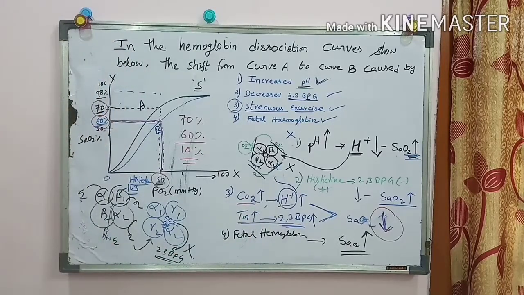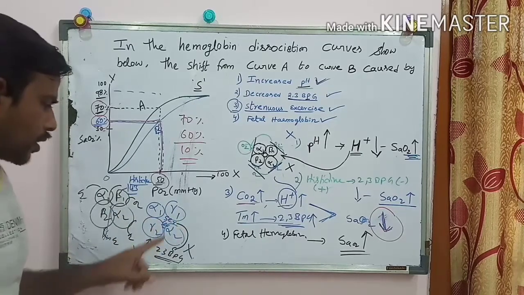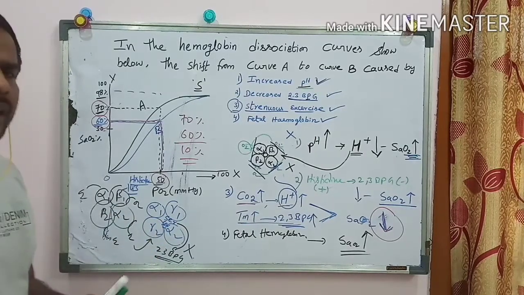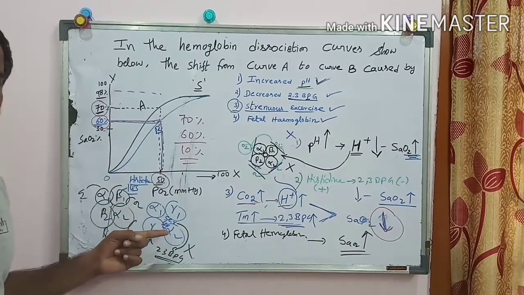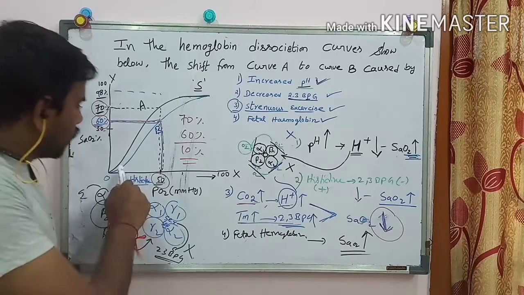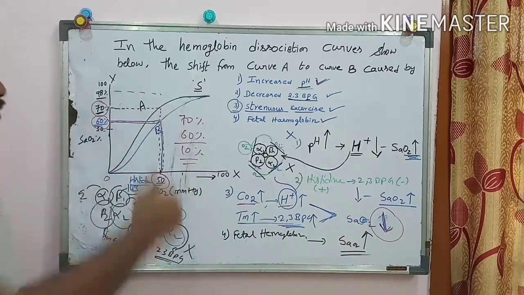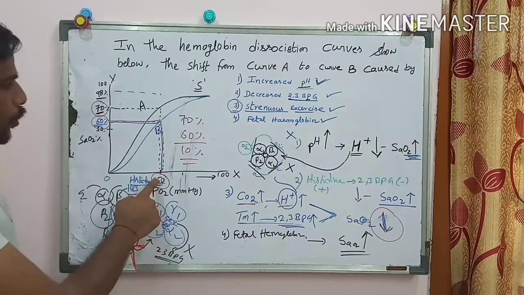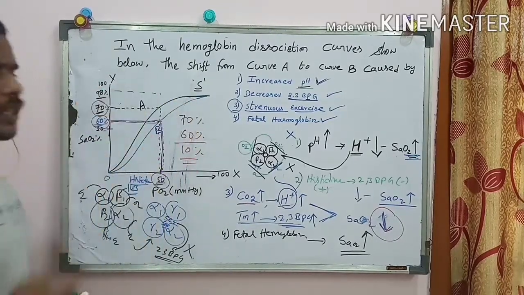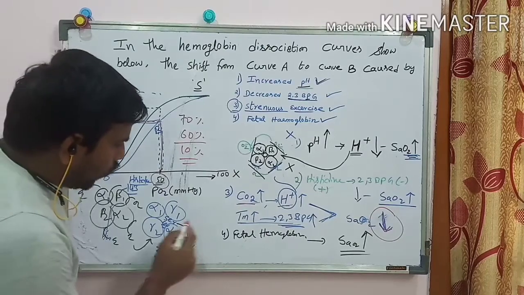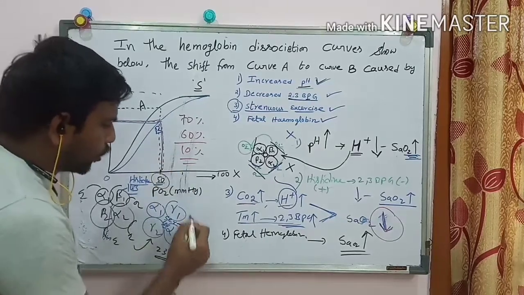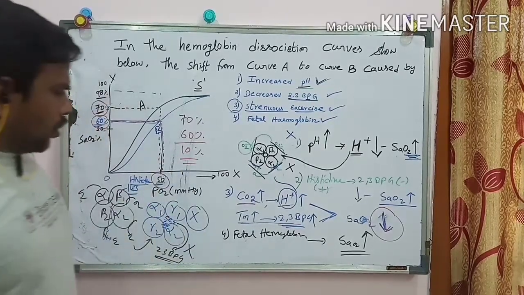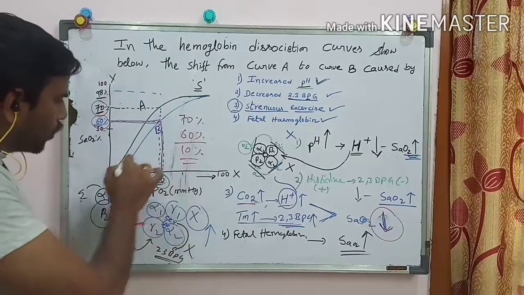Now the fourth point you can see, what happens when there are gamma subunits in the fetal hemoglobin? Again, they can increase the saturation levels. They cannot decrease the saturation levels of oxygen with hemoglobin. So here this curve is showing decreased saturation levels at the same PO2 when you compare to the normal condition. Again, this also will not exactly match with this curve from A to B. Here also it has to increase, but here the curve is showing a decrease.